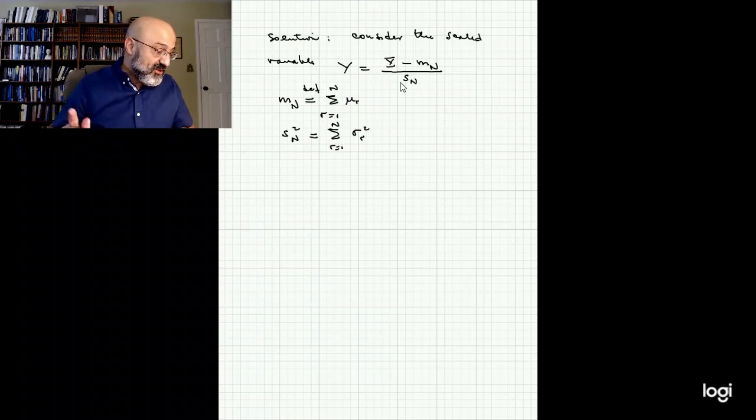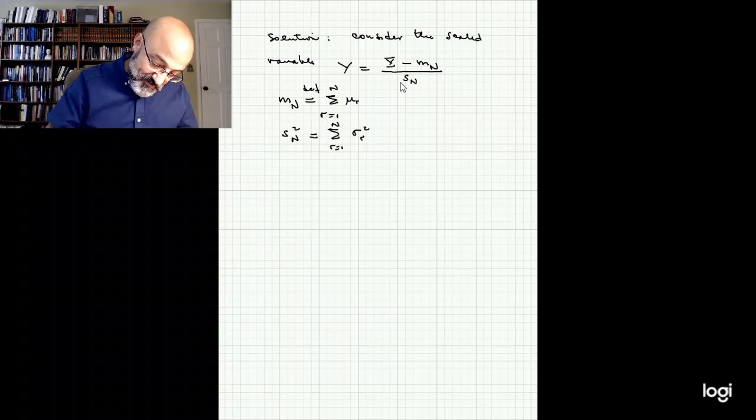And so when you do that, then the probability for this scaled variable y, in a particular range dy,